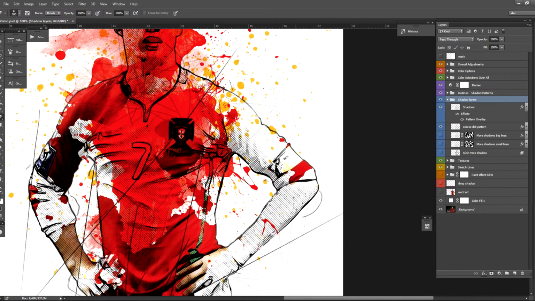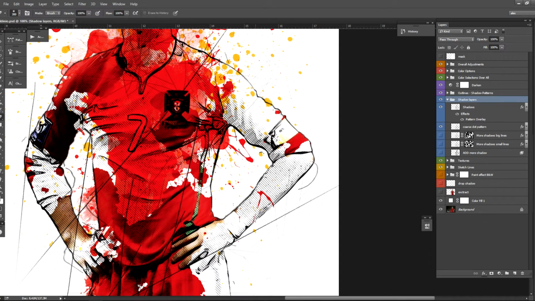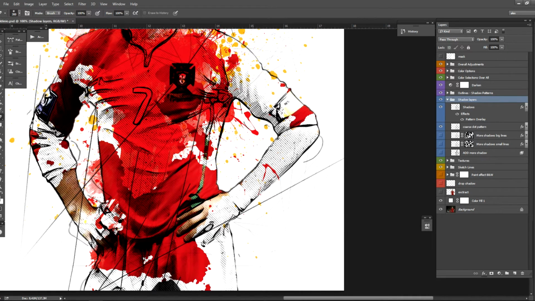On this layer you will see bigger lines to create more abstract design on your image. Again, you can modify the pattern. You have the coarse dot pattern, which is all these dots you're seeing in your design.